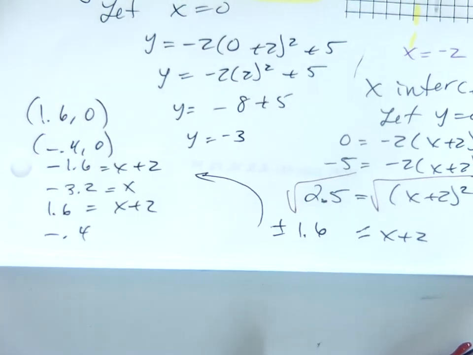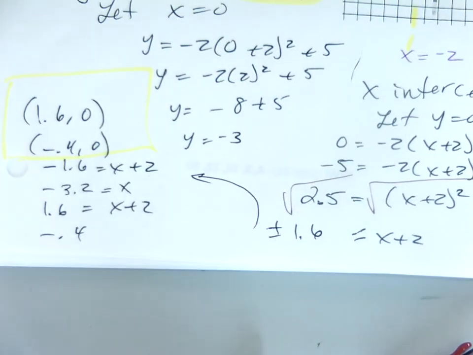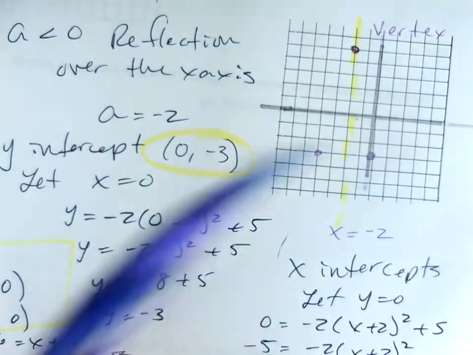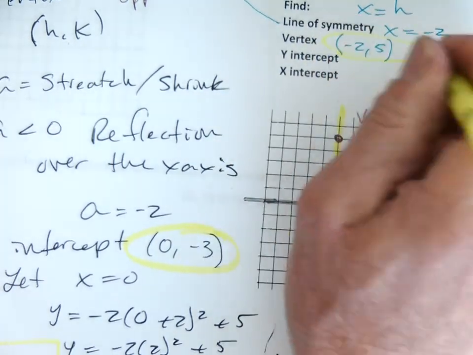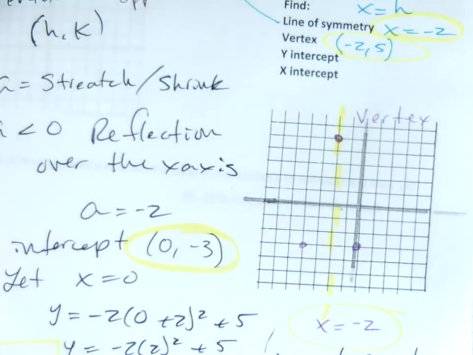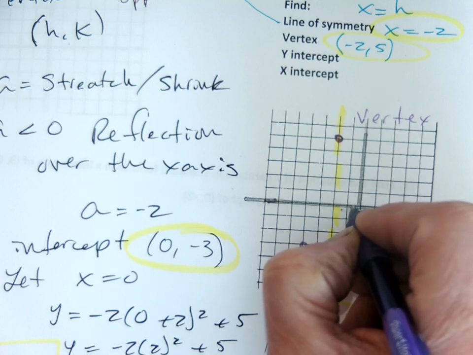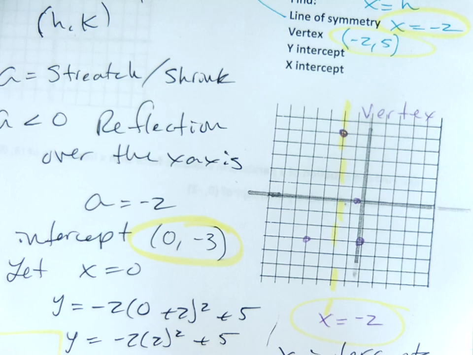I'm going to highlight that. I'm just going to highlight all the important stuff, right? So there's my x-intercepts. I can go back to my graph. I can put those in there. I've got my y-intercept. I've got my line of symmetry is there. I've got my vertex there. And so when I put in my negative 0.4, it's about there. And negative 3.6, it's about,